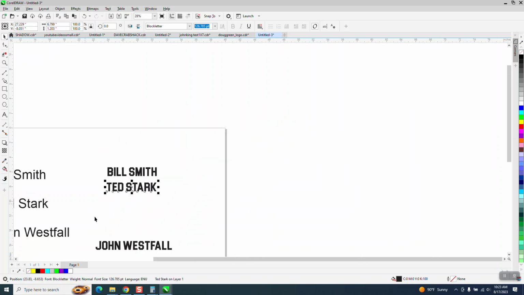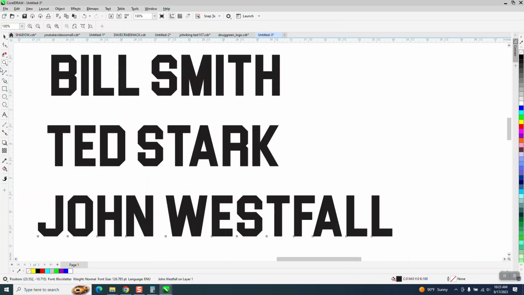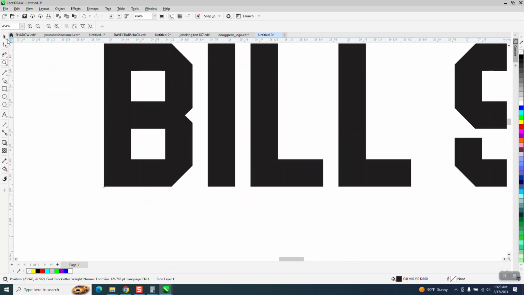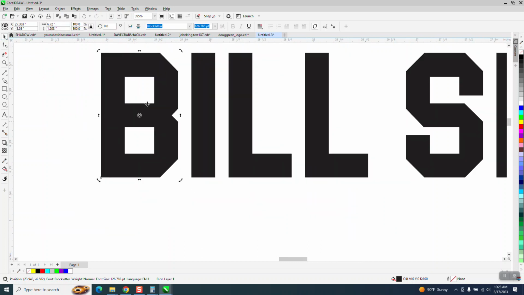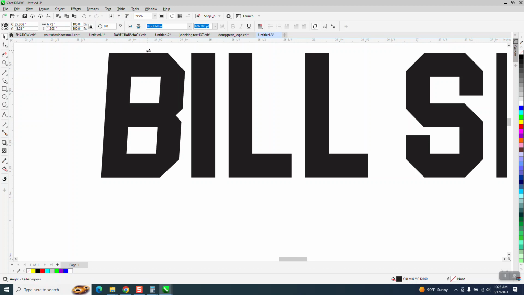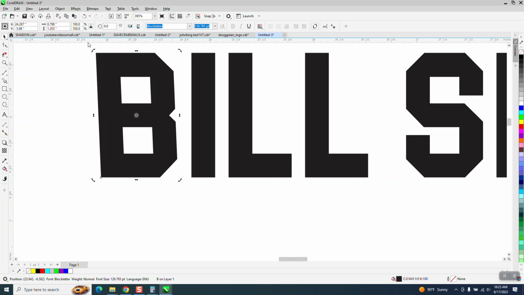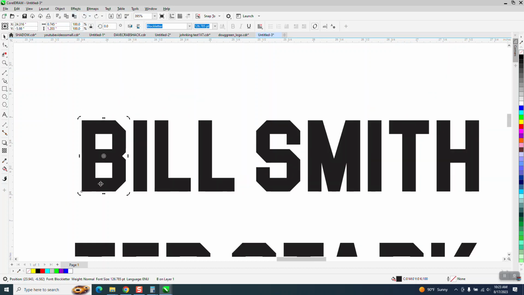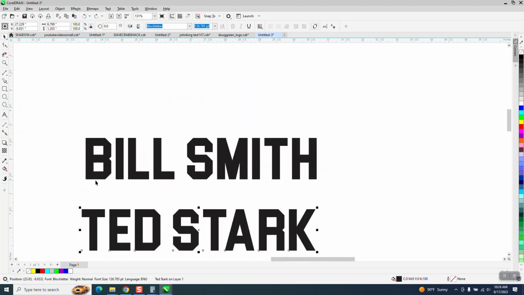So if we want to do that one letter, and if you have a bunch and you want them all the same, what we're going to do is pick this Bill Smith and press Control K to break it apart, and then Control K again, so we just have the B. Now you can very easily double click on it, and you get your skew, and you could skew it. But you don't really know how far you're going. So if you want them all to be the same, let's just go ahead and break all these apart. Control K, Control K,